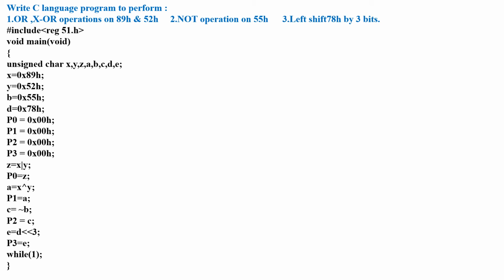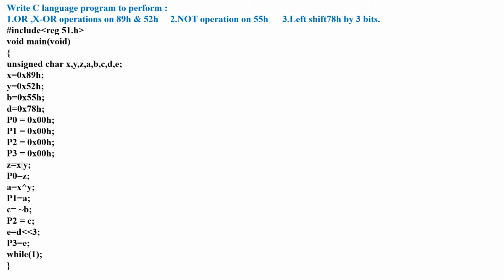This a is displayed to port P1. Our third operation is a NOT operation, and the data is 55H. So c is equal to NOT b. The result is stored in c and displayed to port 2.